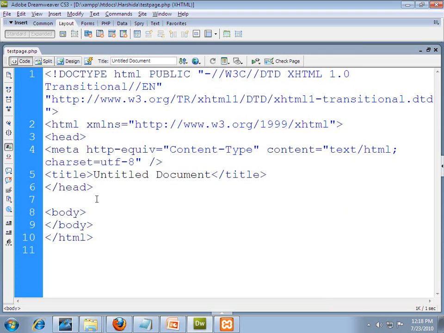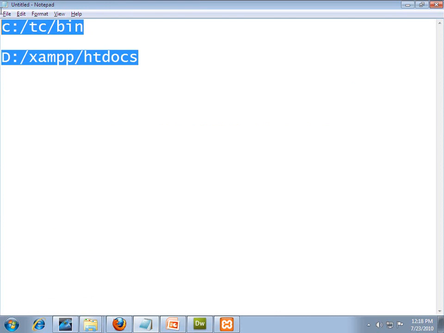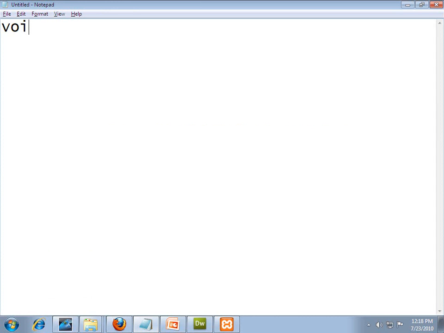To write your PHP programs, we use the body opening and closing tags. We write our PHP code in between these two. Before that, let's understand some other basic concepts. You know that in C we use void main and then an opening bracket, and the compiler starts execution after this bracket.